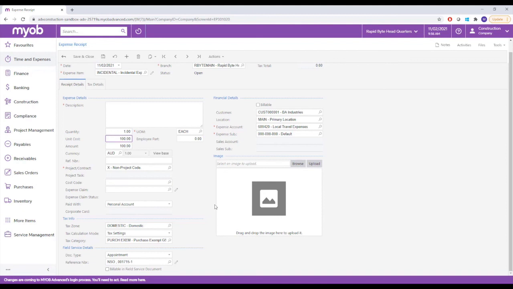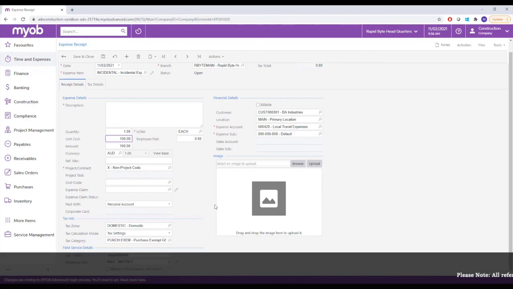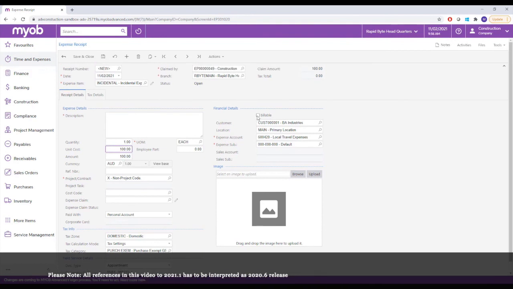An important thing to note here is that if an expense receipt is created against an appointment, we will not be able to edit it directly on the expense receipt screen. You can also set it to billable if you're going to be charging it on to the customer. So if I take this now and save this,